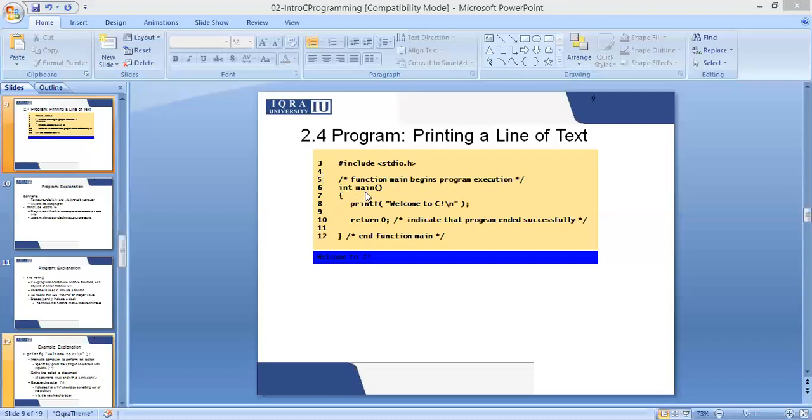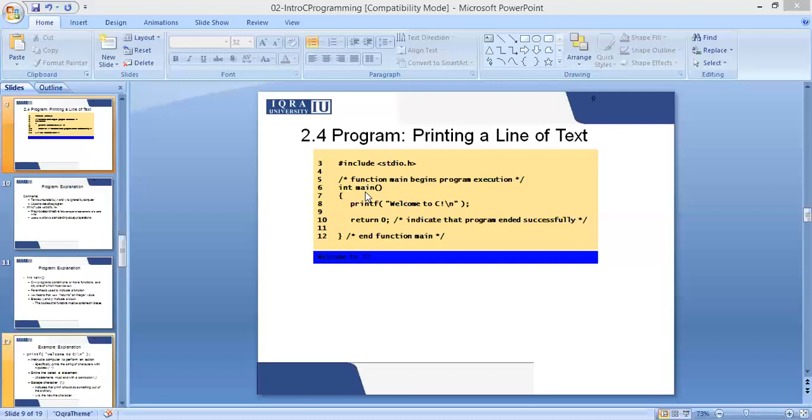Main, integer main, round brackets. What does integer main mean? What does integer mean? We will explain this to you in our classes ahead. Right now, the important part is what is main.